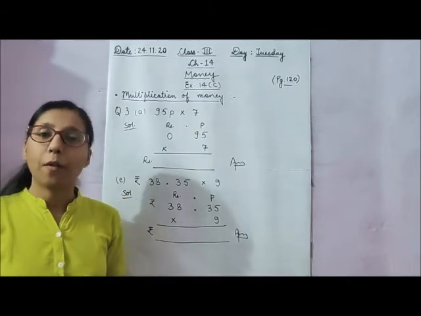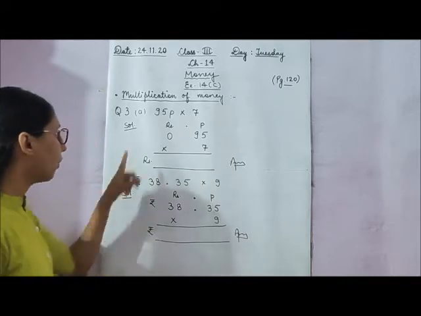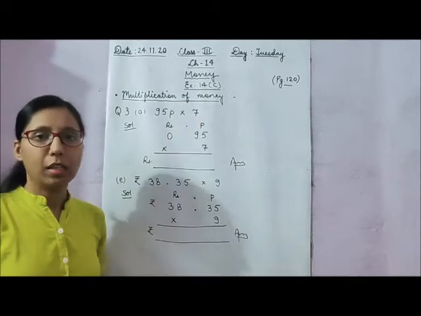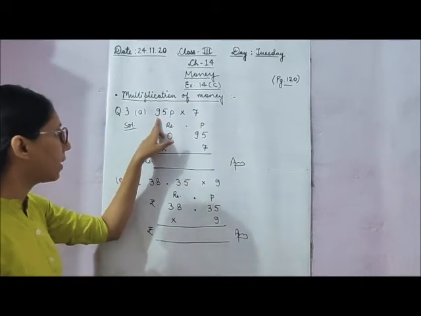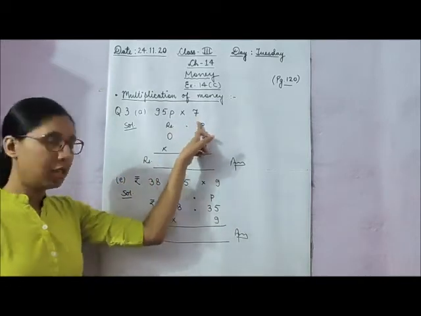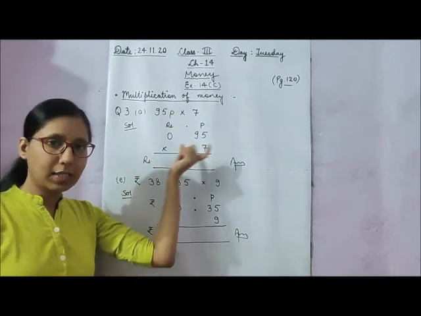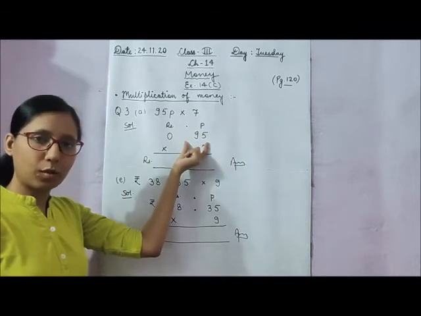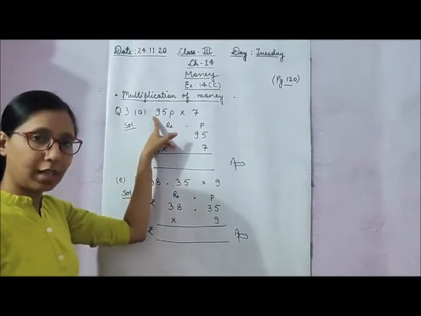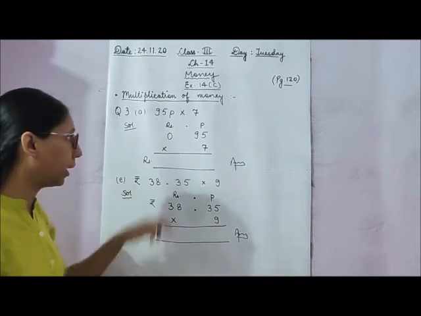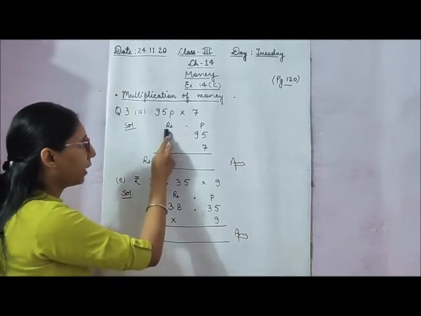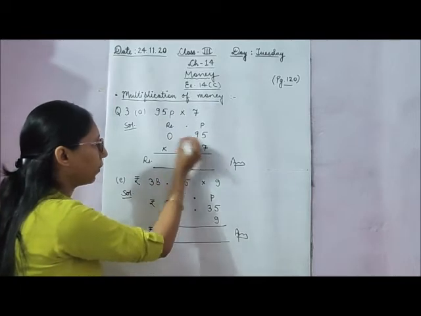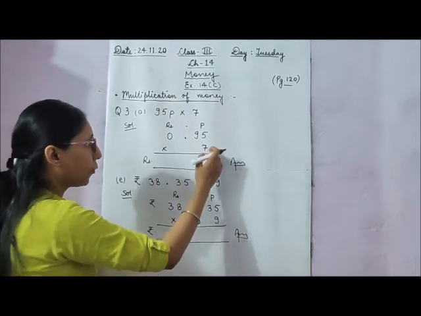Now question number 3 you have to do in your notebook. And I am solving A and E part over here. A part is given 95 paise multiplied by 7. So here we have to multiply this 95 paise by 7. So we'll make separate columns for rupees and paise. This is given only in paise. So we'll write this in paise only. And in rupees, there was nothing here. That's why we are writing 0 only. And we all know before the point there is rupees and after the point there is paise. So we'll place a point between these two.